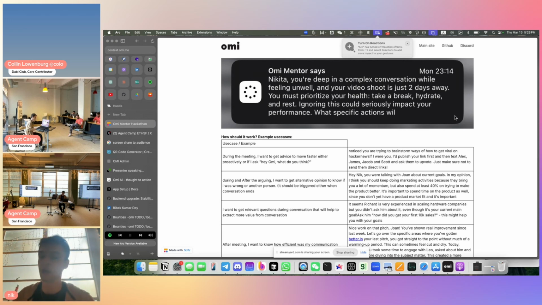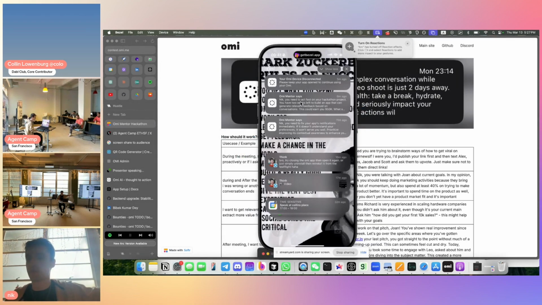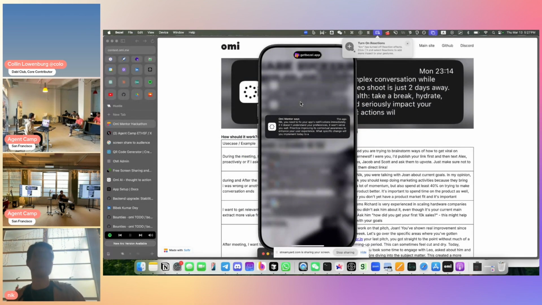Cool. Okay. I wish I could also show you notifications stuff. Oh, by the way, look, it's actually pretty cool. So you see this notification? It was sent. Oh, wait, you cannot see anything. Here you are. This is again from my phone. It came from the device that I'm wearing because I had my own Mentor app installed. And what it said: Nick, you need to fix your app's notification immediately if it doesn't understand your preferences. It heard something about notification and gave this feedback in real time. But it's bad. That's why we are doing this hackathon, so that people can improve it. That's all I wanted to say. Anything else?